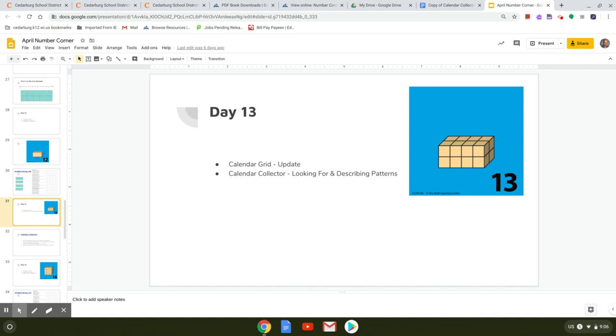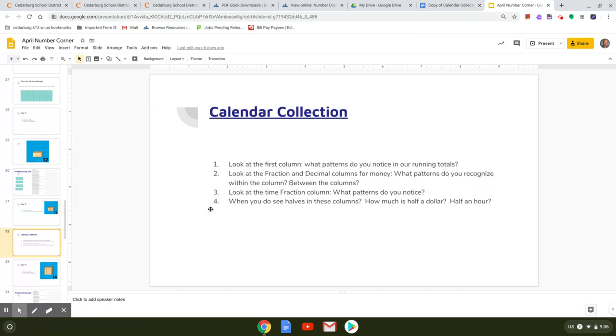If you have that as an electronic copy like I have up here, go ahead and open that. If you have it on a piece of paper or in your notebook, go ahead and look at that. Remember, that's that collection where we're collecting 3/4 of an hour or 3/4 of a dollar every day. All right. So initially, what we want you to do is go ahead and look at that first column and